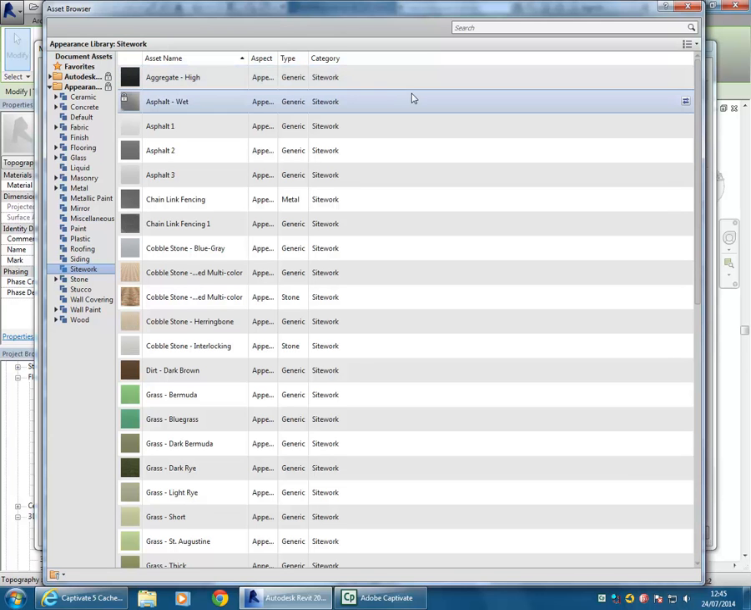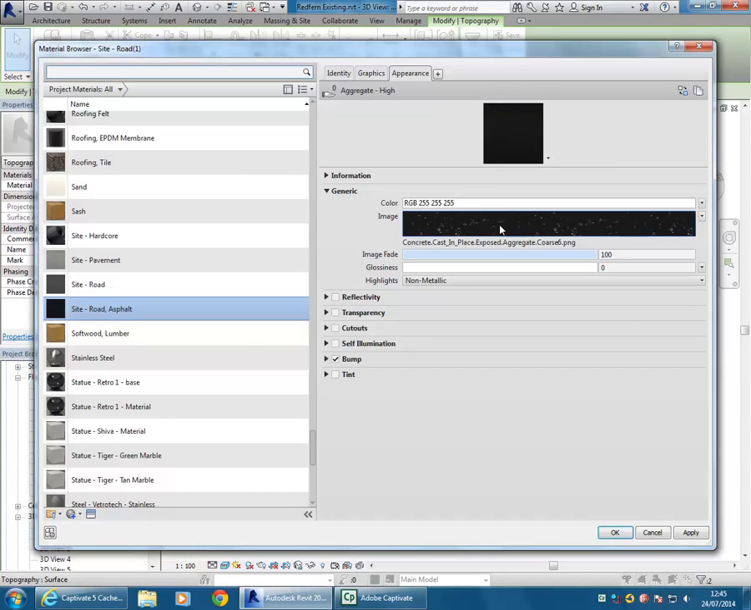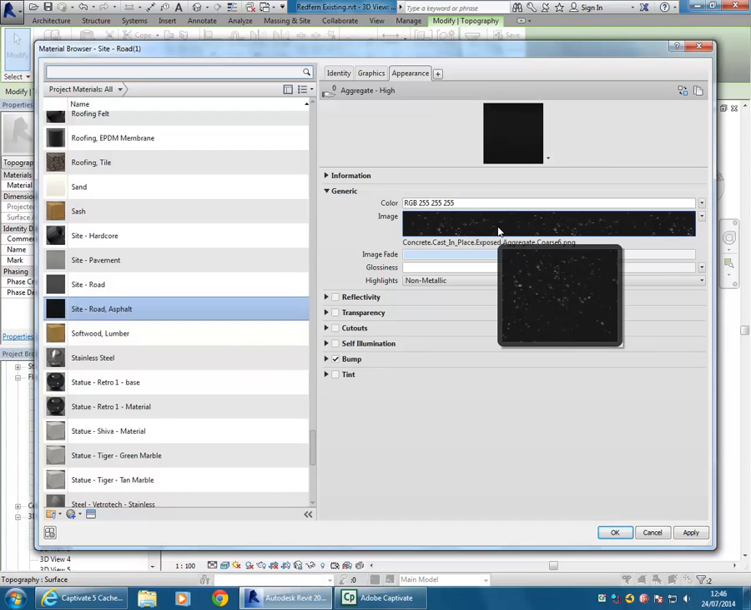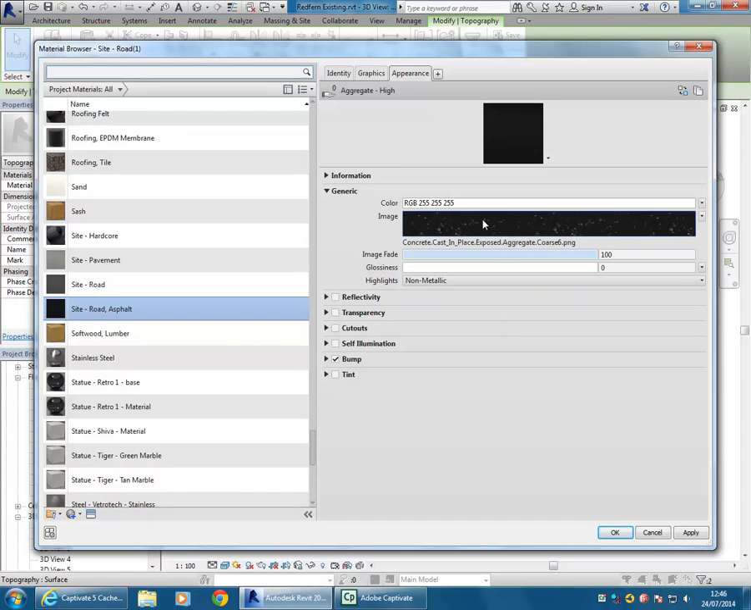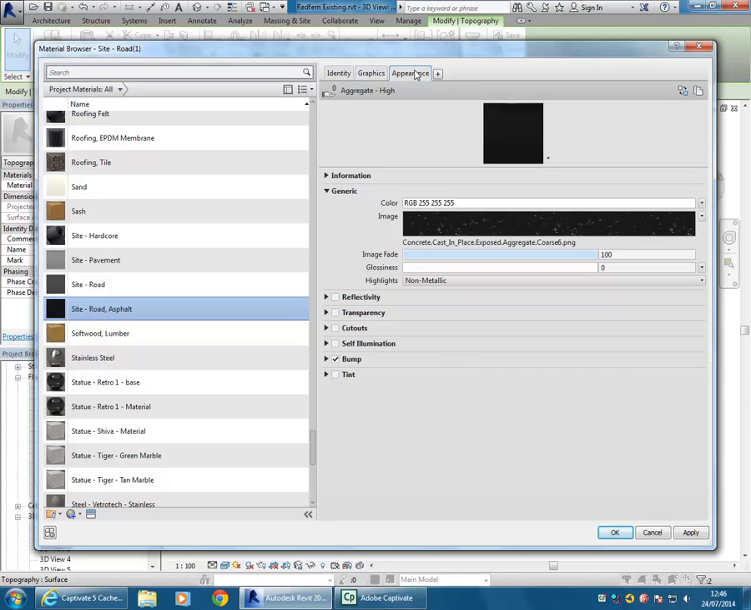And okay, so that's a nice dark one. And then I'll close this and you can see it's got that more asphalt-like appearance. Yep. That's it. So the only other option there, apart from loading in the new appearance, is to go back to